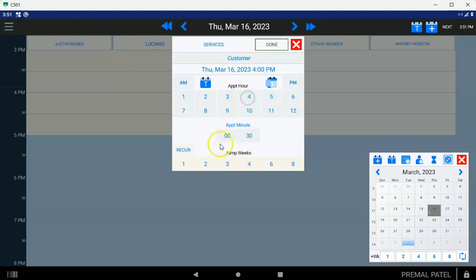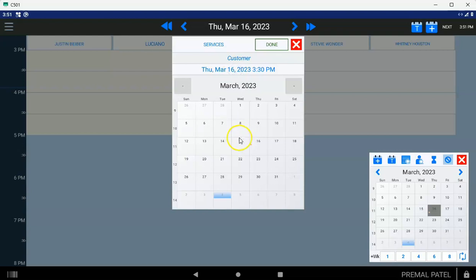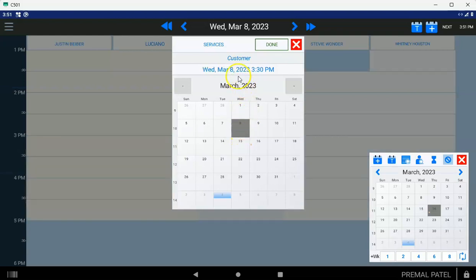Okay. To change the date and time of the appointment, let's say it's at 4:30. You just tap the 4 and the 30. Okay. That would be an appointment for 4:30. You can change it to 3:30 if you'd like. If you want to change the date, you can tap on it and you can change the date. Okay. And so that's the first element you want to do, is pick the date and time